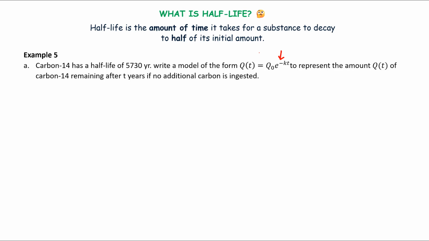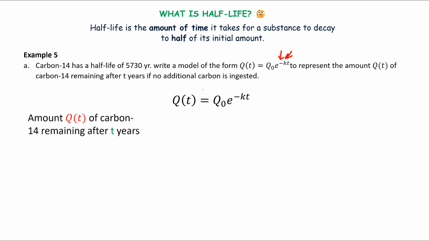Scientists have determined that the half-life of carbon-14 is 5,730 years. Q of t equals Q sub 0 e to the negative kt. Q of t is the amount of carbon-14 remaining after t years. So if we use that half-life as our t, so Q of 5,730